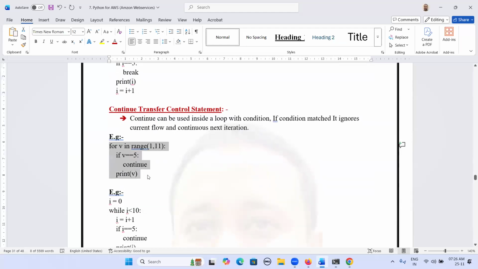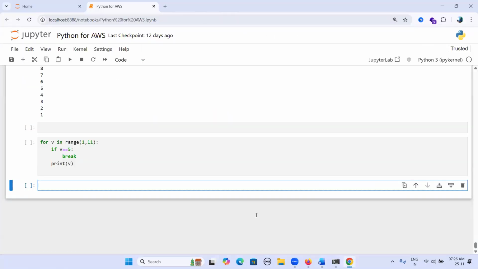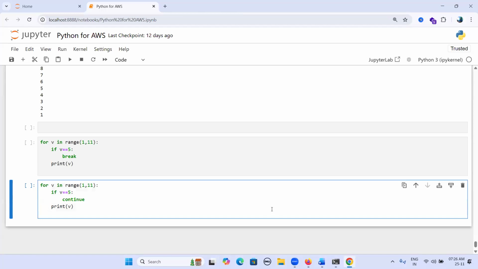We use break and continue inside a loop with a condition. Observe this program execution. What happened here?